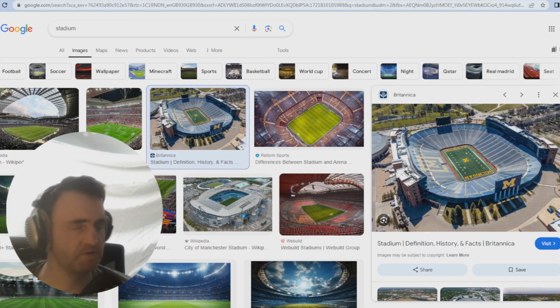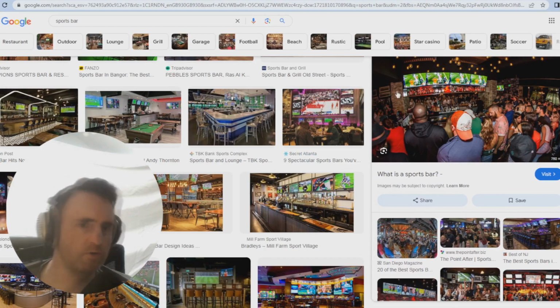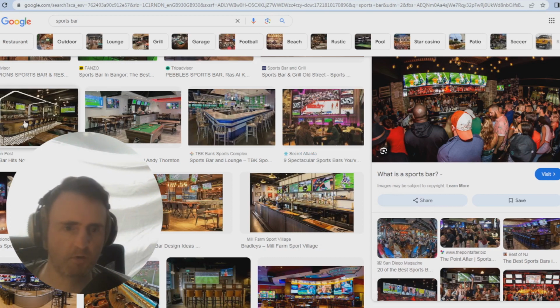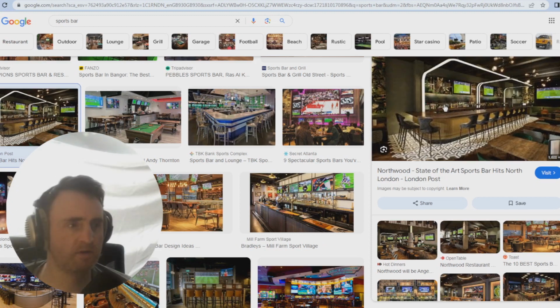But you can also watch it at home on the TV, or you can go to a sports bar. Sports bars will have TVs, beer, and you can just stand there and watch. So you can play a sport, make it an activity, or you can have the activity of watching.